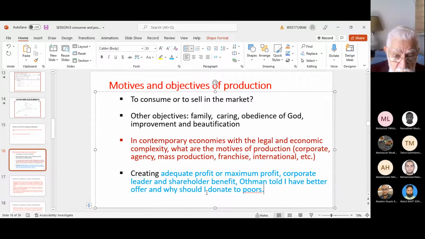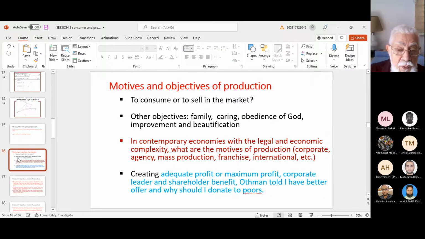So managers always, under the agency theory, we assume that while they work to maximize the profit of the shareholders, they maximize it to an extent that does not mean reducing their own benefits. So they want to maximize their own benefit through convincing the shareholders that this profit that they are giving to them is a good one, is adequate.